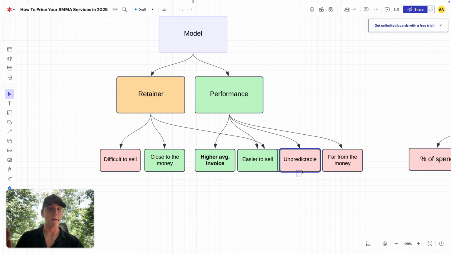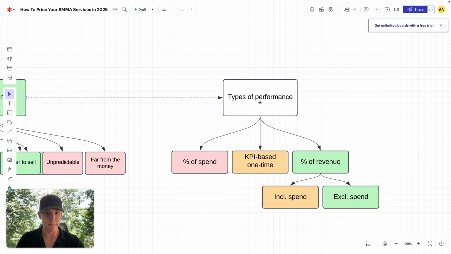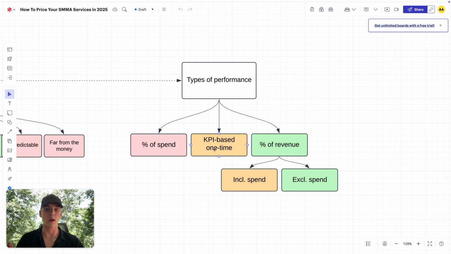than it being predictable. With time, now that my agency is nearing in on 100K a month, we are transitioning to retainers because the predictability and the closeness to the money is much more important to us now than having a higher average invoice. So if you are just getting started, use performance, and you have a couple of different types of performance. You have a percentage of spend, you have KPI based one-time bonuses, and you have a percentage of revenue. So percentage of spend, I don't recommend this performance model because it incentivizes you to do the completely